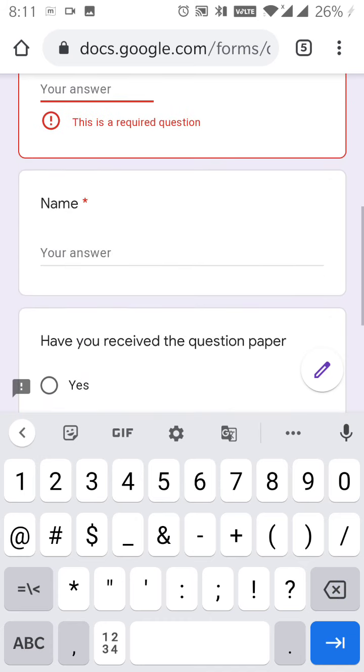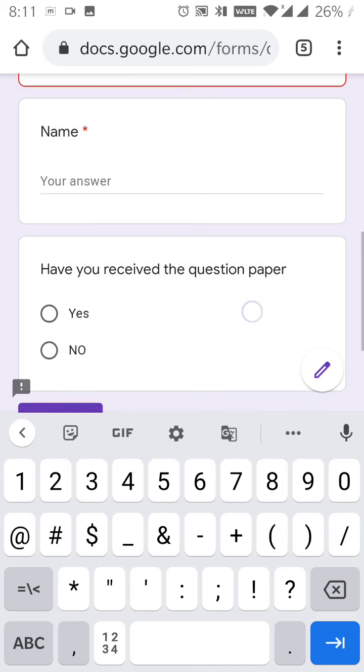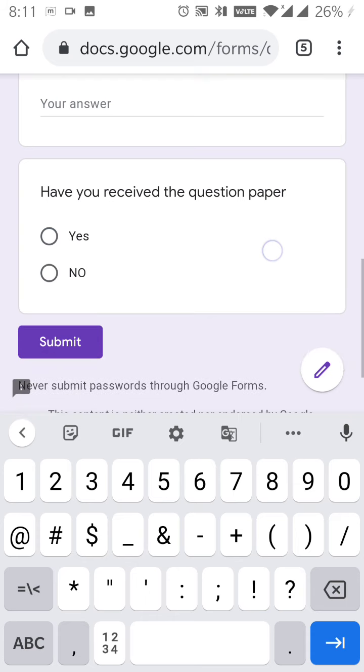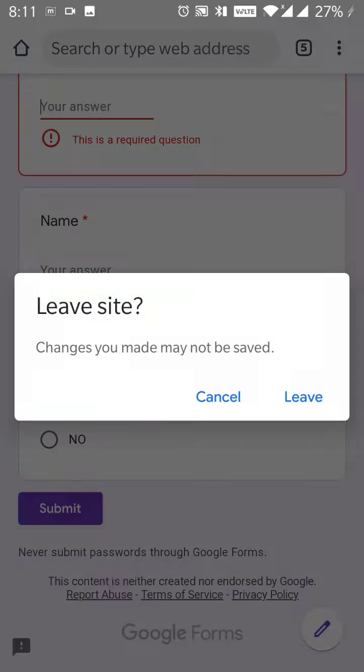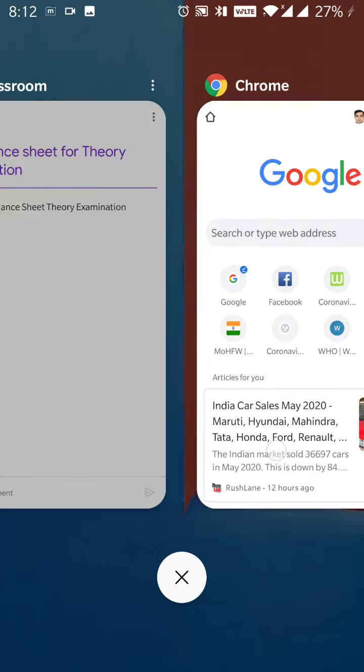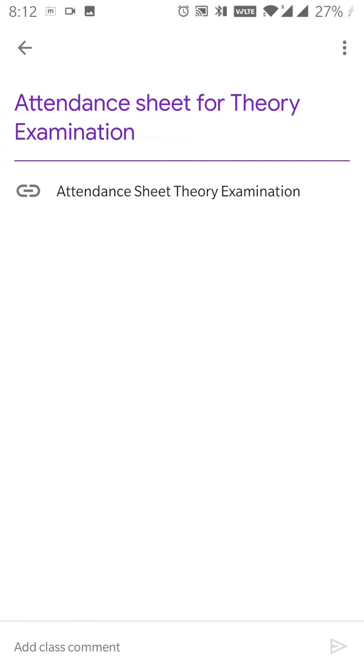After entering roll number and name, you have to accept that you have received your question paper, and then you have to submit. Click on the submit button, so your attendance will be submitted. So that is how you are going to mark your attendance. Go back to this. Okay, come back to the class.